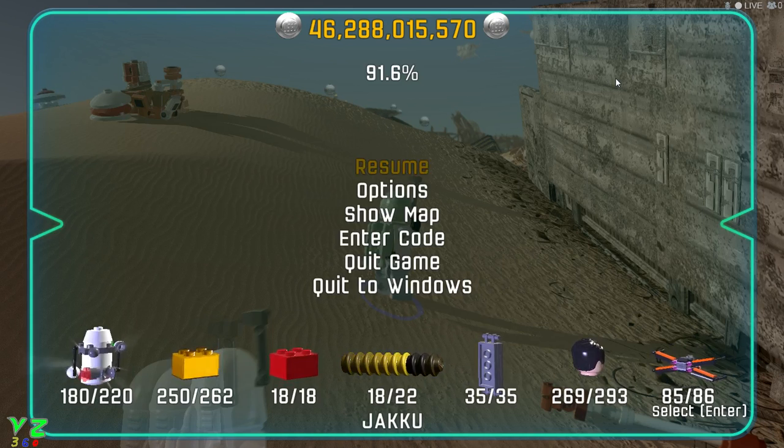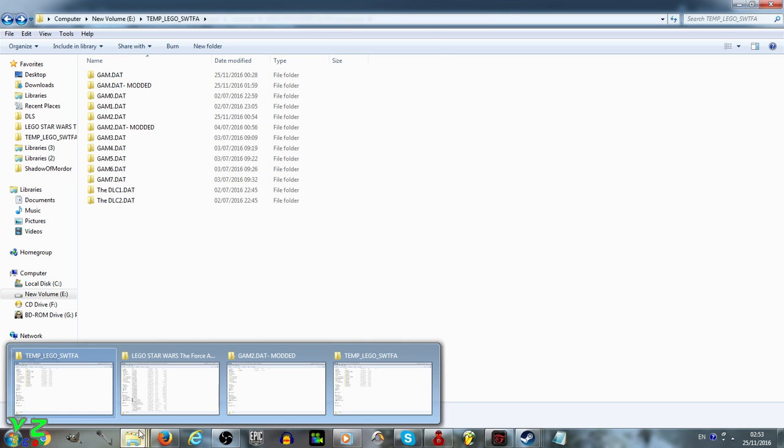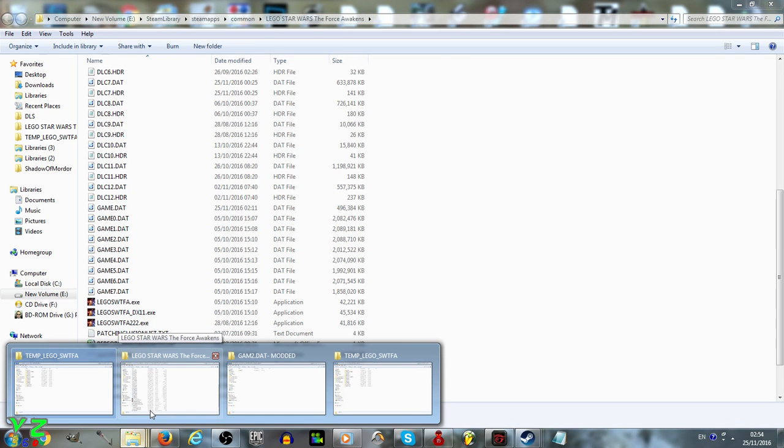So let's exit the game, Alt F4, and this is my temporary folder for all the files that can be modded. Now, how did I actually get here is, well, I obviously created the folder, but